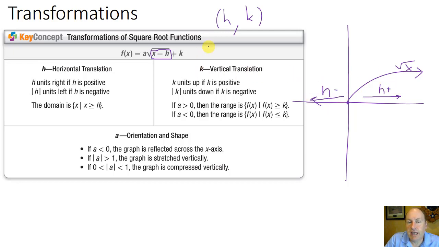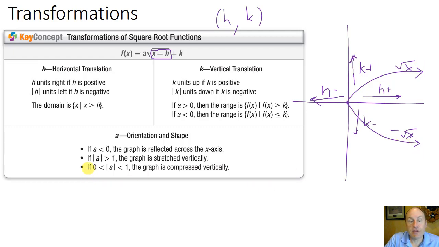Just like with other functions, the k term will translate up and down. So if I want to translate it up, I add a k. If I want to translate it down, I subtract a k. If the a value in front of it is positive, then it's going to be an increasing square root function, like the parent. If the a is negative, it's going to be reflected across the x-axis. The square root of negative x would look exactly like the square root of x, except that it would be reflected across the